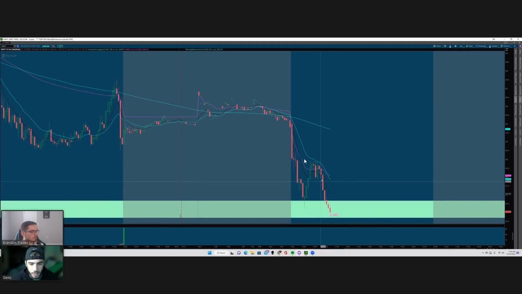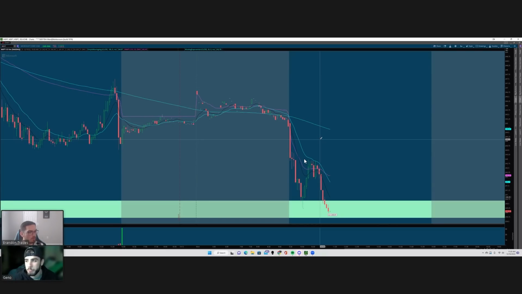So I made a little bit of money on this trade, not much, but if I had this next leg up, it really would have made me a lot of money. So that was the risk I was willing to take, and it failed, and it is what it is. Nice. Yeah, and I think the nice thing about fibs and supply and demand is, again, the main thing, what